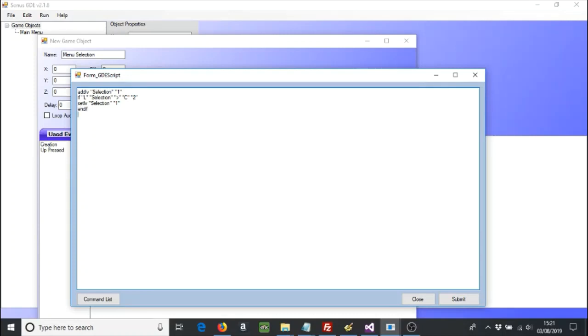And to write a condition in GDE script, we write if, that's the command word, and then space, then after space, this is when we put the parameters for the action in. So if is the command to create a condition begin action, and then the first thing it's going to expect afterwards is what variable type. Caps lock on, L, space, caps lock off. And now after we've selected a variable type, we now need to tell it the variable name, which is selection. Caps lock on, S, caps lock off,